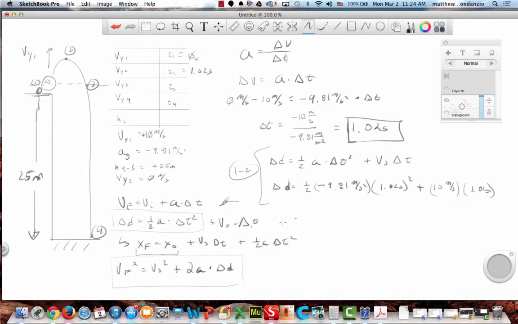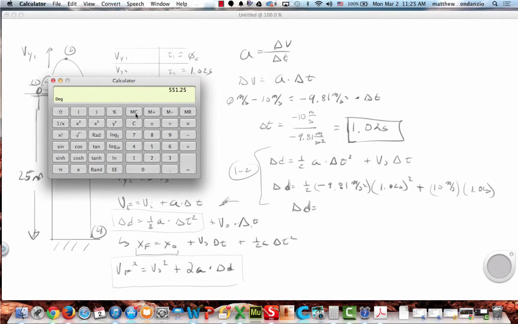Okay. So let's figure this out. So my delta distance is equal to, what's my number? What's my delta distance for this guy? Anybody? 1.02 squared times 9.81 negative. Don't forget your negative sign. 9.81 negative times 1.02